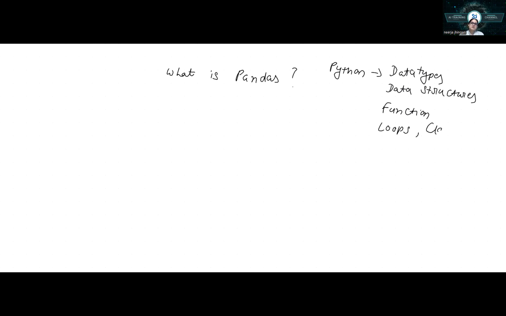This is the way you start. But when you are done with this, your second step is to learn the Python libraries. Pandas is one of the Python libraries.